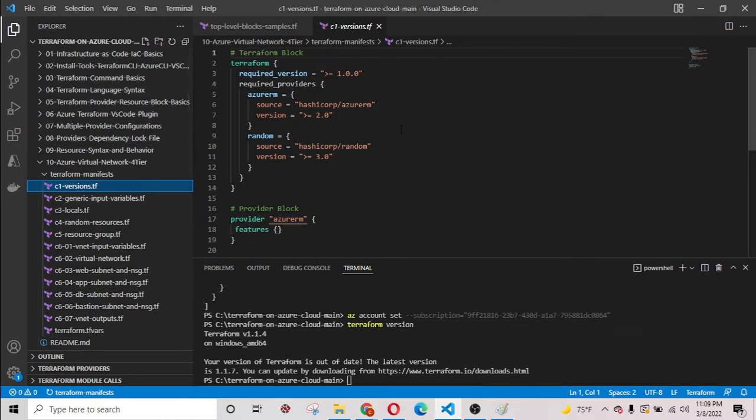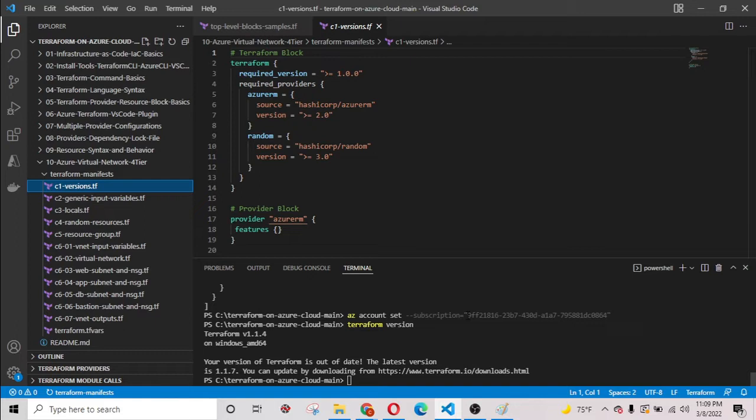Here in Visual Studio Code you need to install the required extension in order to work with Terraform, and you need to login into your Azure account and select the subscription in which you are going to